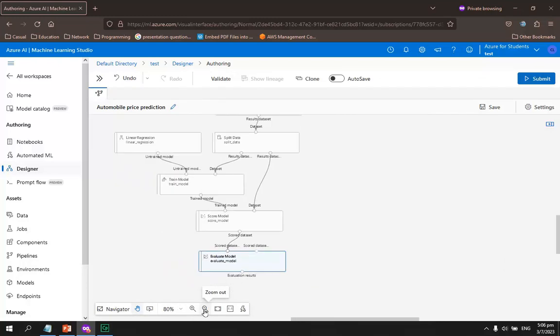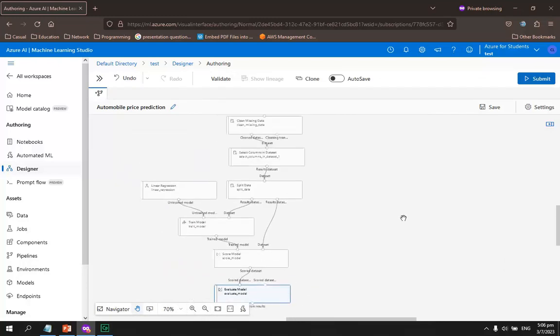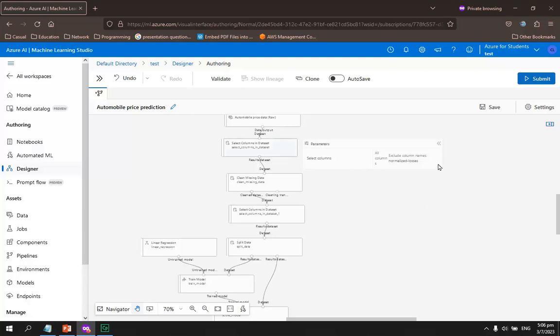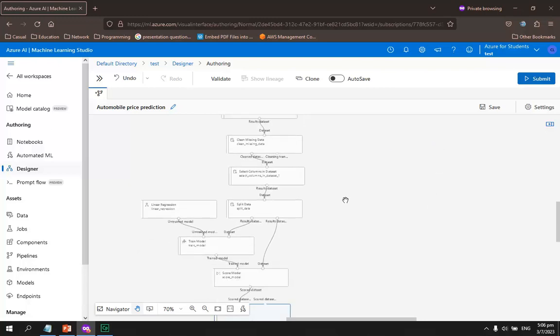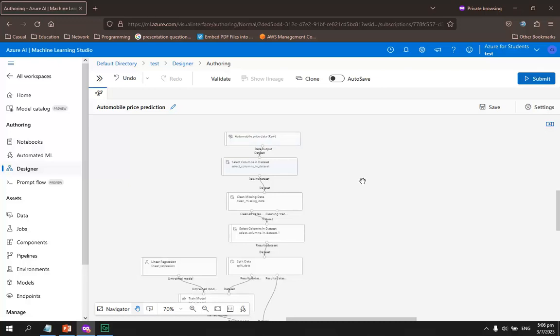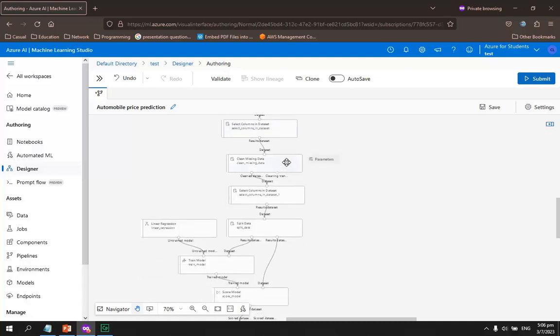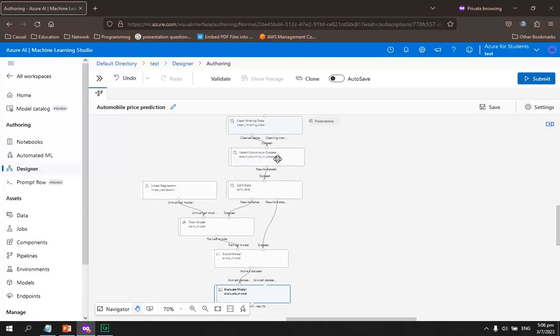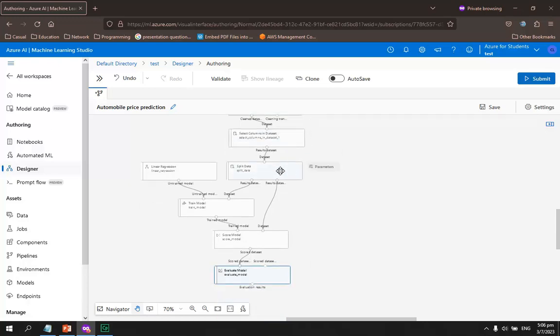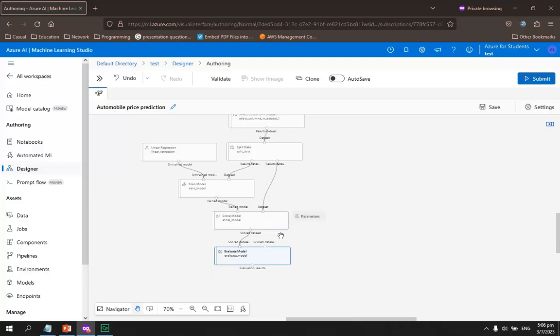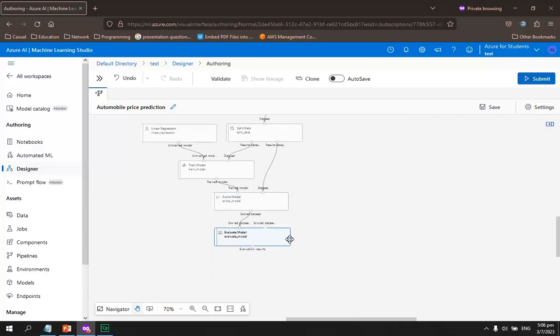So if you try to minimize, this will be what you are having for the whole pipeline. Whereby the raw data set, you select all the columns, and you're going to clean the missing data, and you select only certain columns to be used for prediction, and you split the data into 75% and 25%. 75% is used for training with the linear regression model, and 25% is going to be used for comparison between the training in the score model based on the pricing,